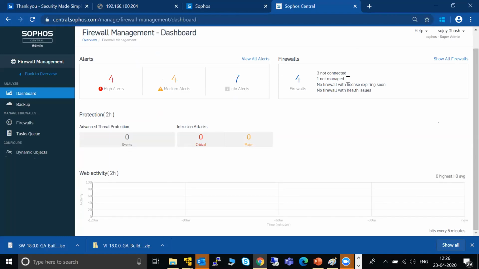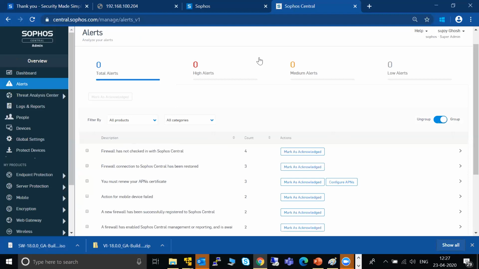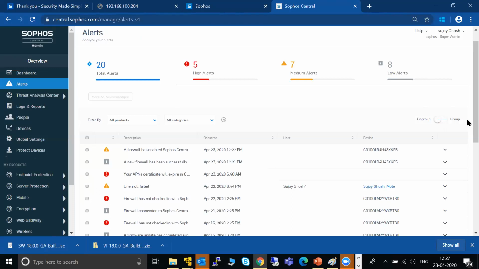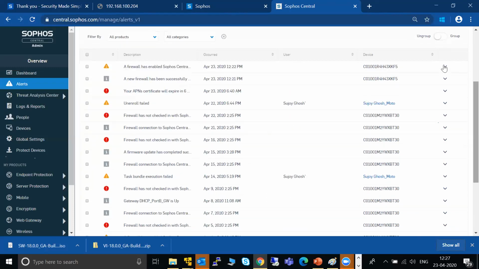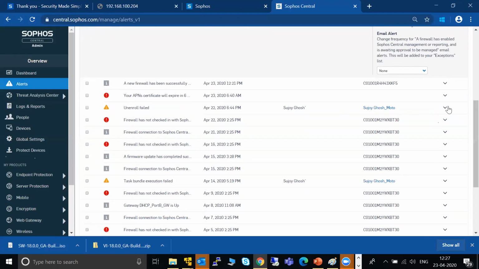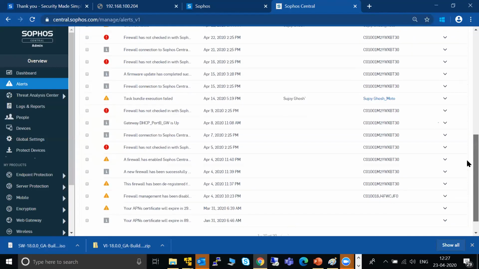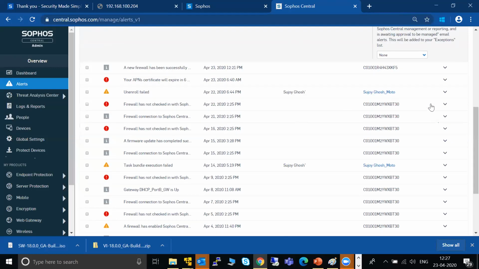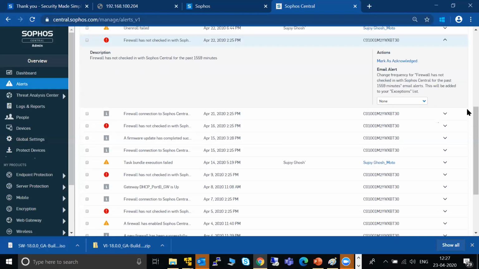These are all report types and all. View all reports. You can see alerts here. You can ungroup and group them. You want to see longer categories. You can see these different things there. You just simply go in and acknowledge it. This is the firewall that you just simply acknowledge it and it goes.